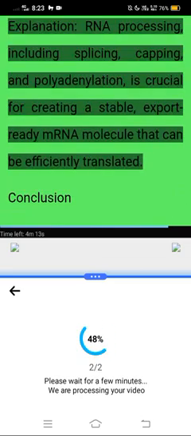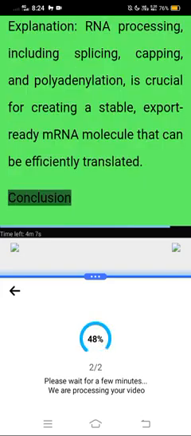Explanation: RNA processing, including splicing, capping, and polyadenylation, is crucial for creating a stable, export-ready mRNA molecule that can be efficiently translated. Conclusion: